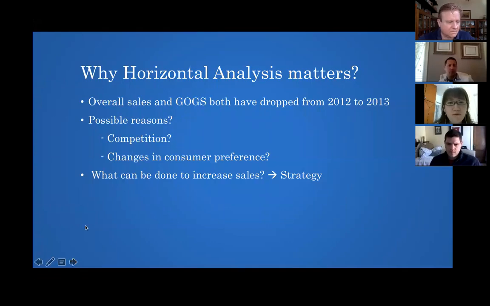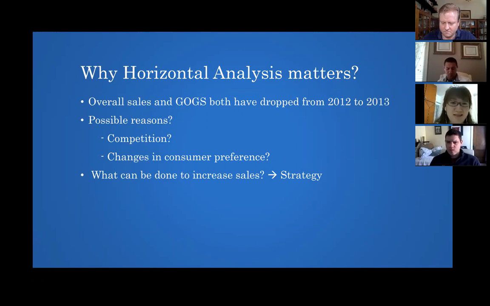So based on what we have looked at in that income statement, we figure that both sales and cost of goods, which is COGS, have dropped from 2012 to 2013. And this helps us to think a little further about what the possible reasons could be. It looks like it's a demand-side issue which has led to a drop in demand, and there could be a few possible reasons. One is, could Coca-Cola be facing tougher competition from competitors, for instance Pepsi? Or could there be a general change in consumer preference, where people are becoming more health conscious and want to do away from the